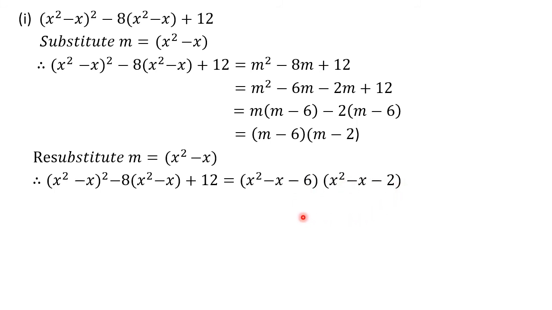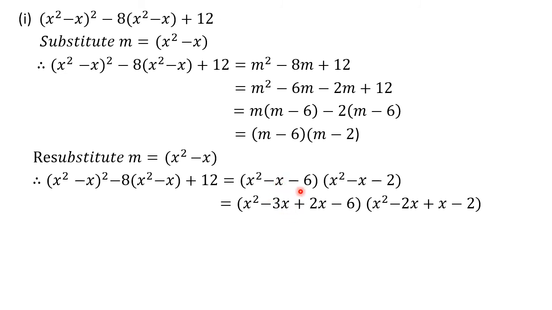So again we have to see whether we are getting the factors for these two. Do we have two numbers whose multiplication is 6 and difference is 1? Yes, we have. 3 twos are 6 and 3 minus 2 is 1. So this again we can factorize. Similarly here, two numbers whose multiplication is 2 and difference is 1. So again here also we have the factors, that is 2 and 1. So again we need to solve it.